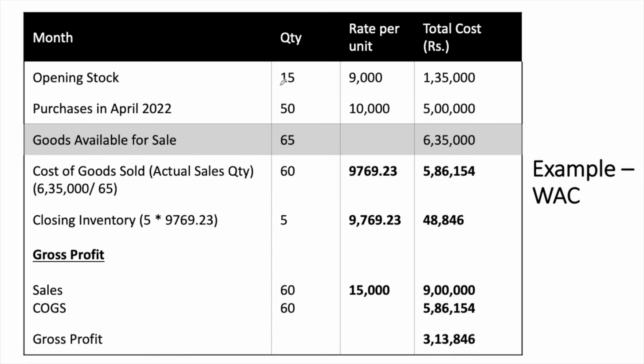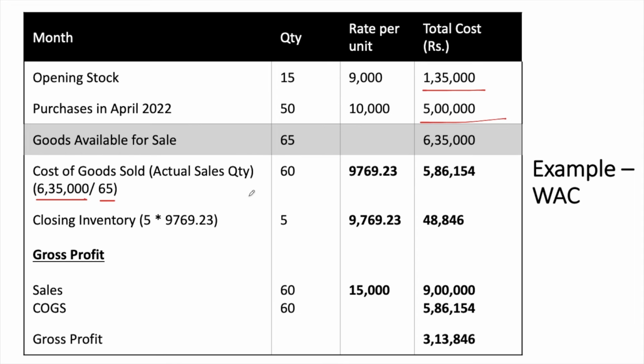Now in the same example, where the opening stock is 15, purchases 50 units, goods available for sale 65 units. Now, focus on this cost. Cost of opening stock 1 lakh 35. Purchases of 5 lakh were made. Total 6 lakh 35,000. Now, as per the weighted average cost method, you will take the actual cost divided by the actual quantity. So in this case, you will take 6 lakh 35,000 divided by 65 units. You get